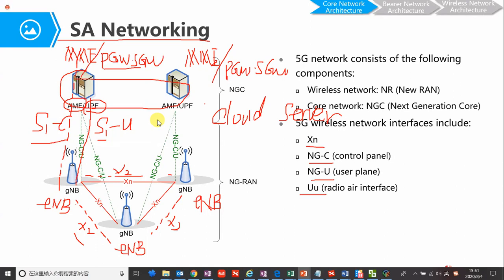And the MME becomes the AMF. This is the control plane. You know, in our network architecture evolution from 2G, 3G, 4G to 5G, the control plane and the user plane are separated.